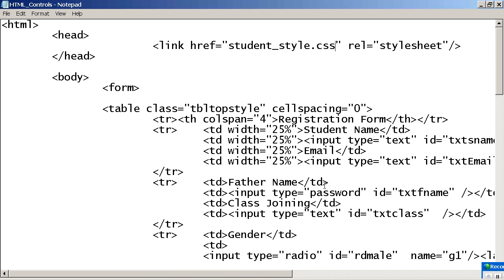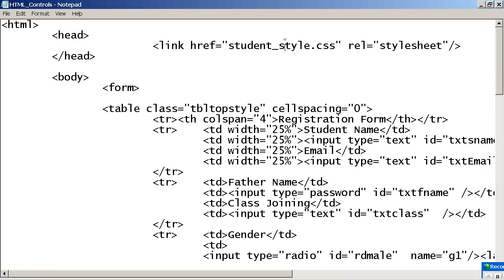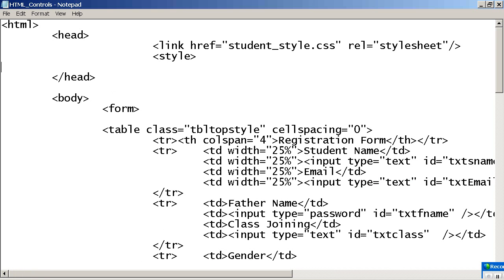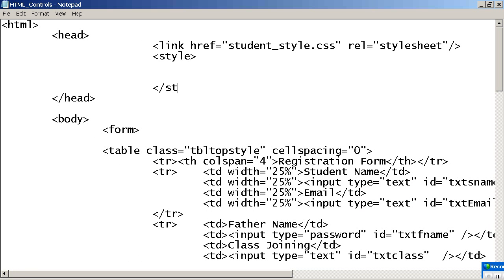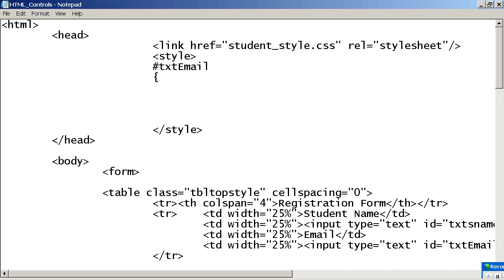Go here. Let it be external. Can I write internally also? Yes. Some styles you can copy from somewhere. Some styles you can also write. It's not compulsory that you should keep everything within external styles. What styles should you keep externally? The styles which are common for all pages, keep it in external. The style which is needed only for one page, keep it within that page. Are you understanding?